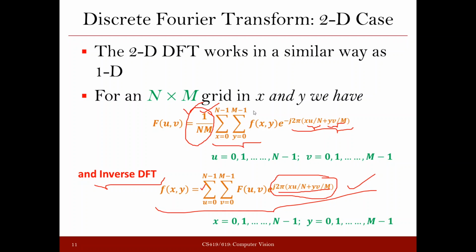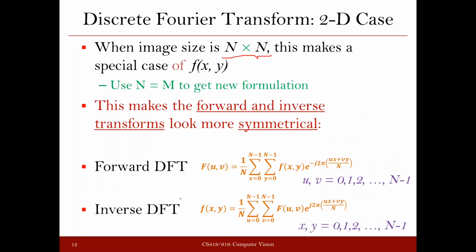Now, if you remember, in the 1D case, I said that there are different notations people use. The ultimate goal there was that if you multiply this coefficient and this coefficient, the value should be 1/n. Right? So now here the objective is to get 1/n² when you multiply these two terms. To make the formula a little simpler to remember, in most of the notations you will find that, instead of 1/n² being used only here and nothing here, the majority of authors use 1/n here and 1/n here.